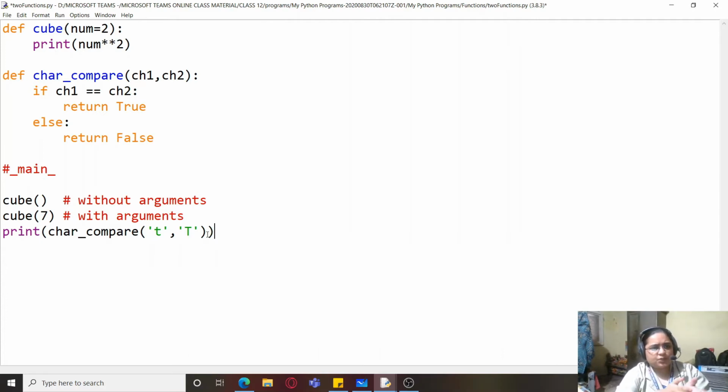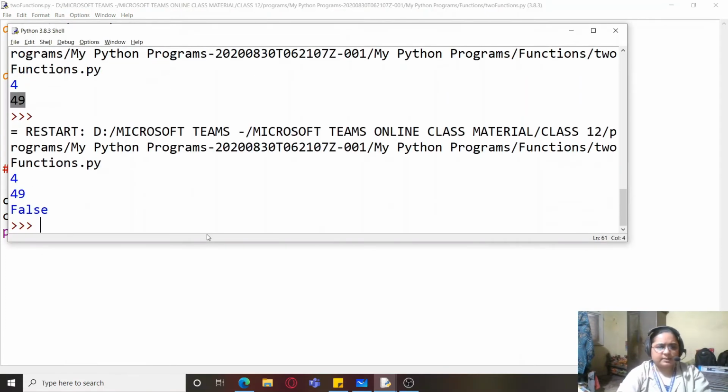Those functions which don't return any value already contain the print statement, so all you have to do is just call the function. It becomes a standalone function. But when a function is returning a value, it has to be either a part of an expression, an assignment statement, or a print statement, which you have already studied before. It's just a reminder. So here you can see we are getting the answer as false.